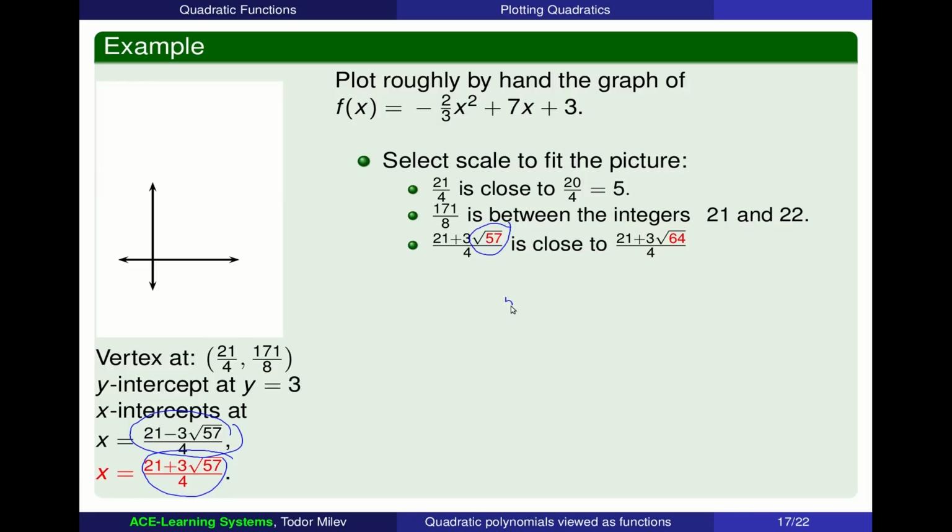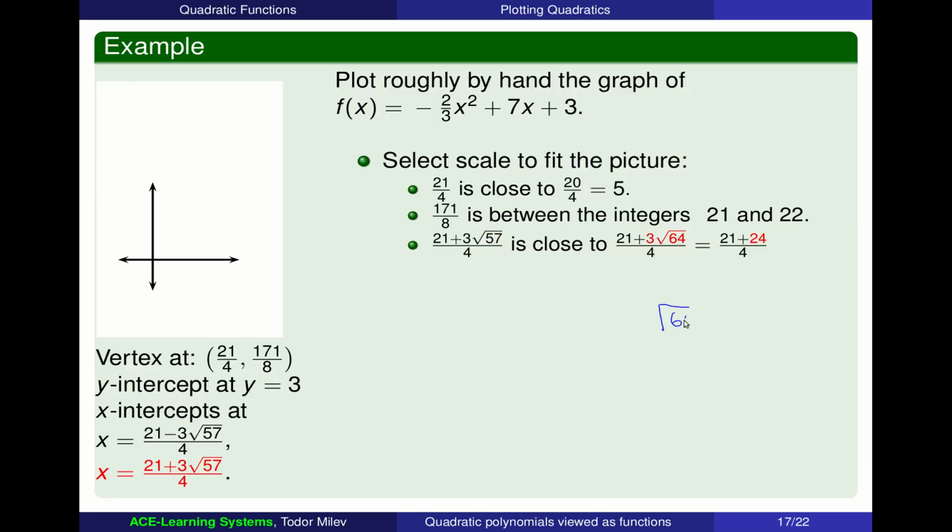But we remember that 57, that's not a perfect square, but it happens to lie between 8 squared and 7 squared, right? That's 64, and that is 49. So that means that radical of 57 must be somewhere between 7 and 8. Which means that I can approximate the radical of 57 with radical of 64. Why do I choose radical of 64 and not radical of 60 or something else? Well, because radical of 64 is very easy to compute. So radical of 57 is approximately equal to radical of 64,